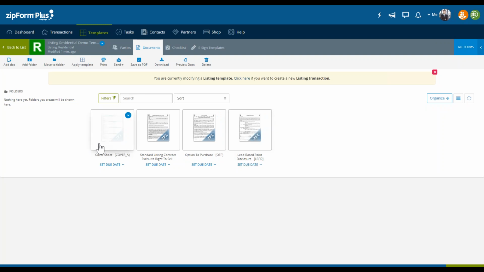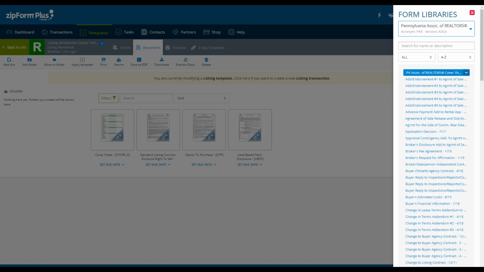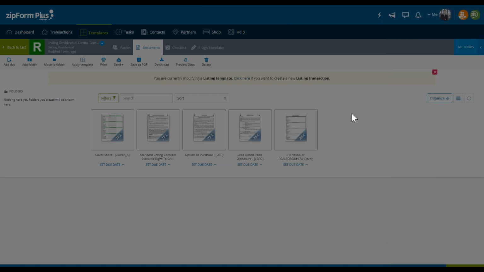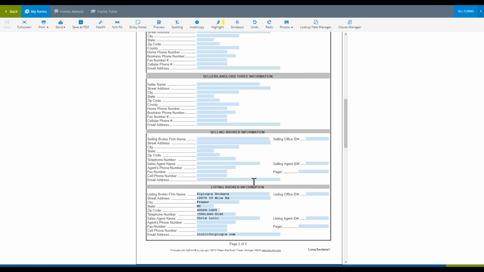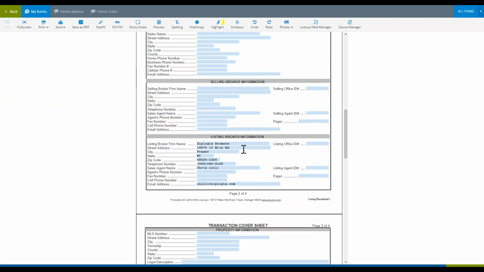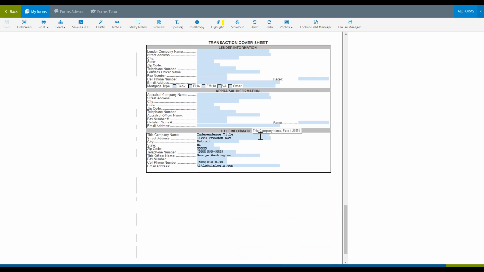Okay. Now I always strongly recommend, and I can't stress it enough, with cover sheets. You guys have access to a cover sheet in Pennsylvania or even in Suburban West Realtors. You guys have an actual one as well. But this cover sheet here, if I would have added this cover sheet, it would have worked just as well. Okay, I'll even show you. I remove that. Just remove. Click on this one. We can see some of the data are going to populate for me. Okay. So it translates to its most relevant fields from form to form.